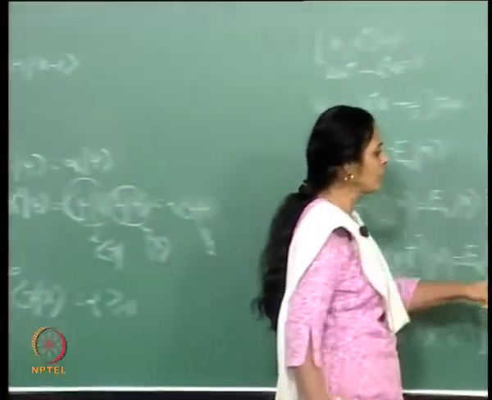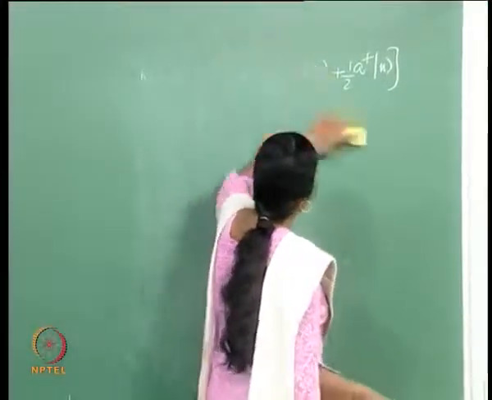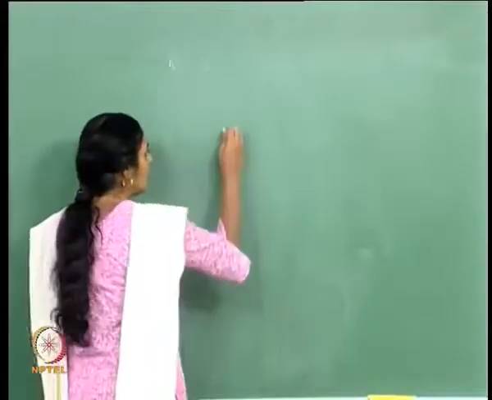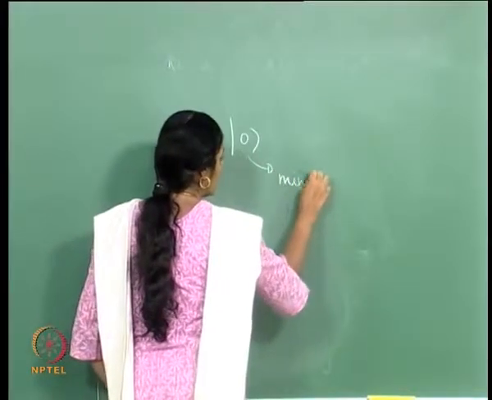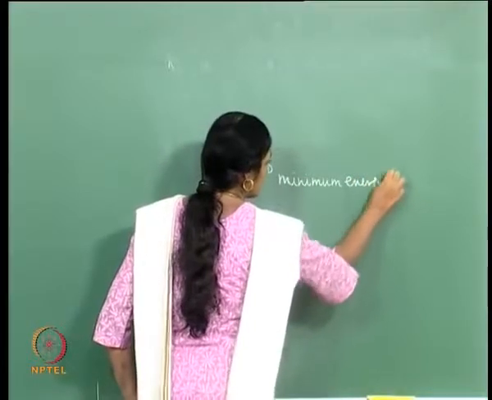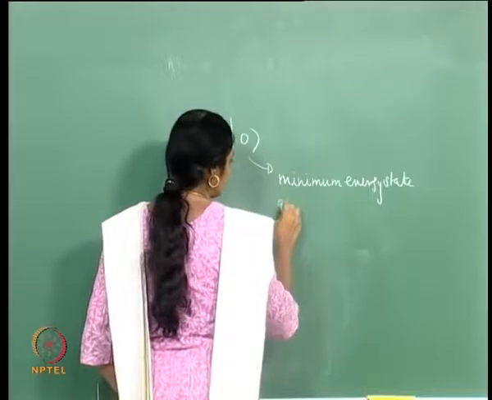Now that is an important point, because it tells us that finally by repeated application of A, we will get to the lowest energy state, which I will call the minimum energy state, or ground state,